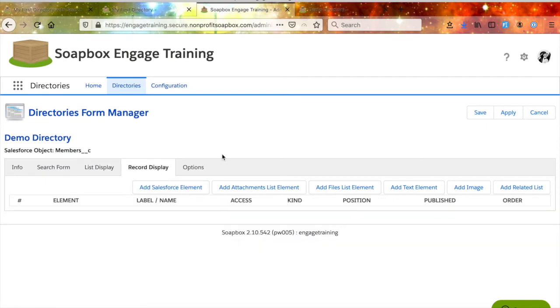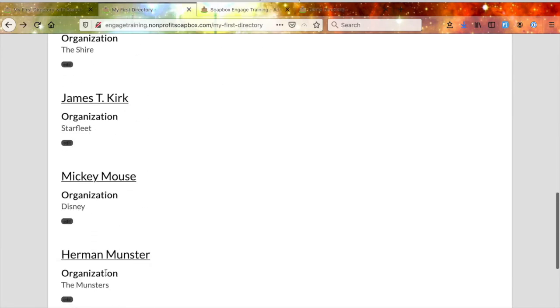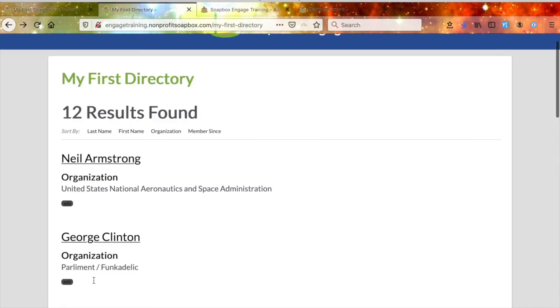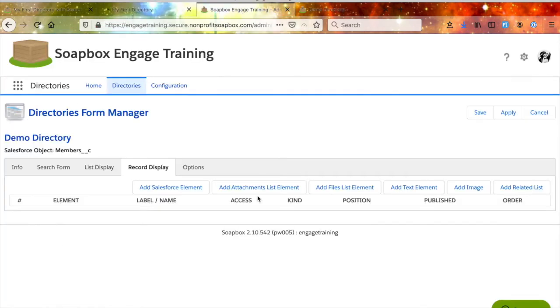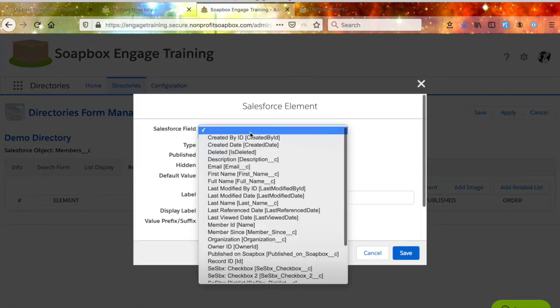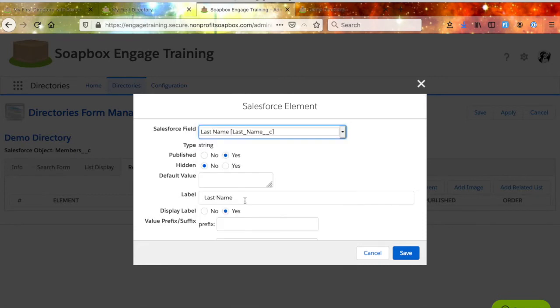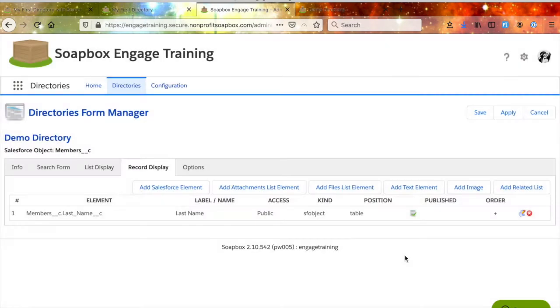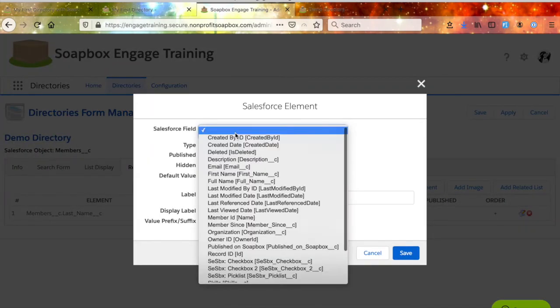Let's also go ahead and create a record display. Now the list view, again, is what they're going to see if there are multiple results. So you're going to see them in list view, but if you want them to be able to click through to see a detail view or a record view, we're going to go ahead and create that now. And again, we're going to add a Salesforce element. And we can say we want last name, and we want first name,